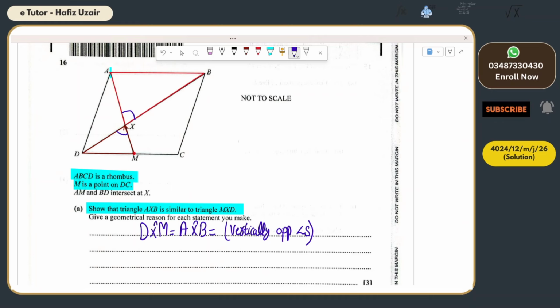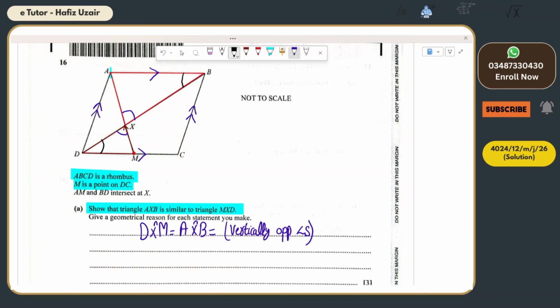All right. Now you can check that the rhombus has these two pairs of parallel sides. So these two sides and these two sides are actually parallel. So this angle over here, this angle over here and this angle over here form a Z shape. So these are two alternate angles. So you can write ABX